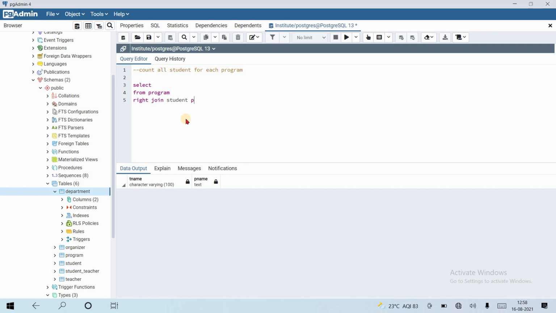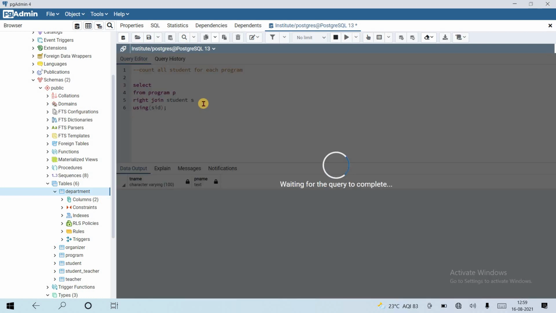Let's use aliases for the table names, program and student, using the common column SID, student ID. Let's see.